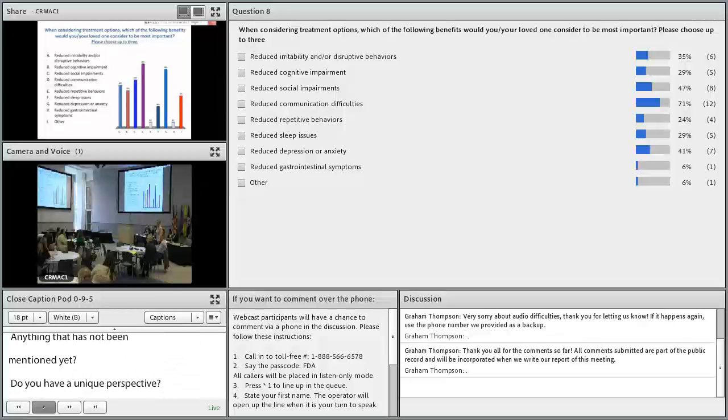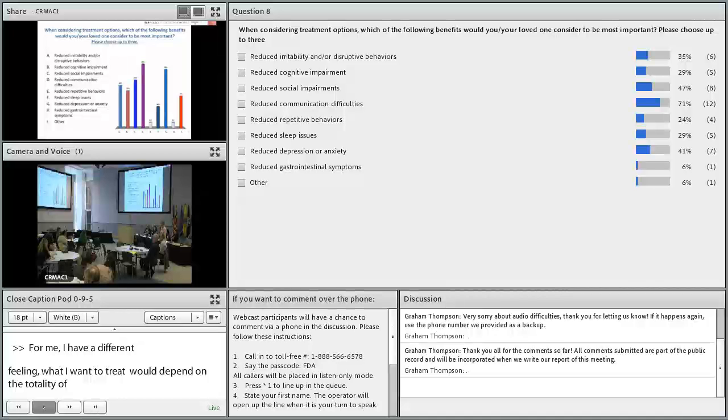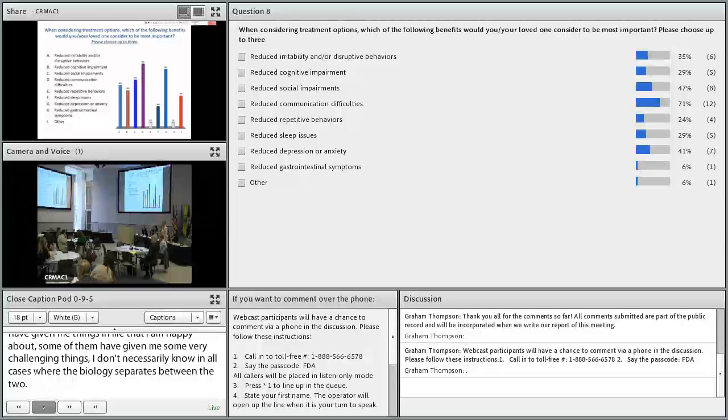So for me, first of all, I echo Kit's perspective to some extent, but I also have a different feeling, and that is that what I would want to treat really would depend on the totality of the effect of the treatment. So I have neurodevelopmental differences, and some of them have given me things in life that I'm very, very happy about. And some of them have given me some very challenging things too. And so I don't necessarily know in all cases where the biology will separate between the two, and what kind of trade-offs. If something simply gives me the flexibility to interact in the world as if I was a person who didn't have a neurodevelopmental difference, but also gave me the flexibility to interact in the world and think and process things in the way that I do now,